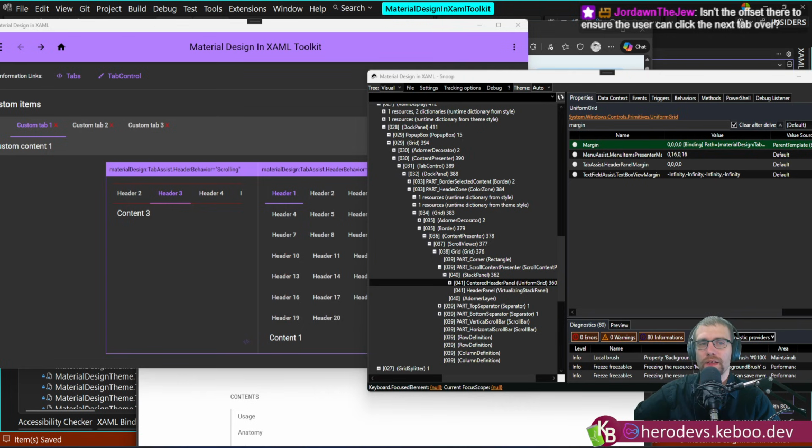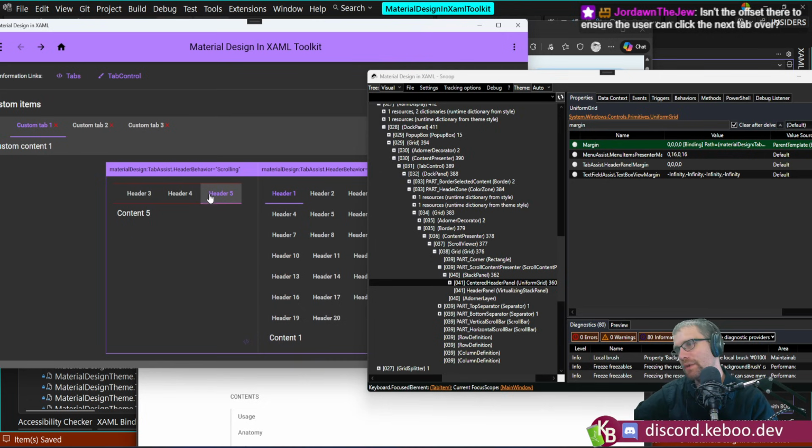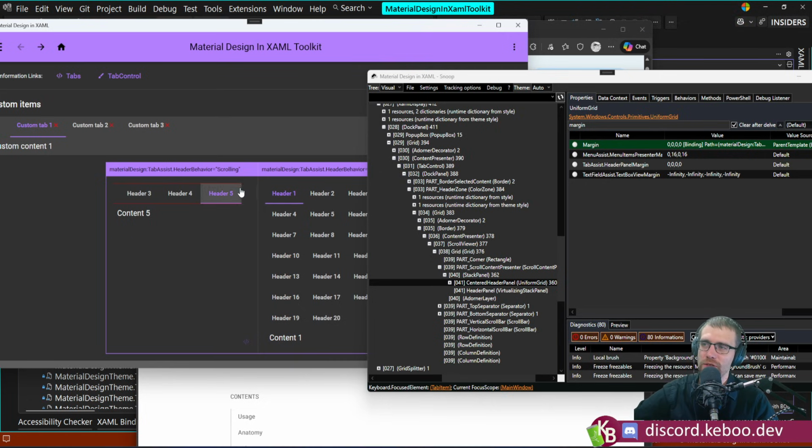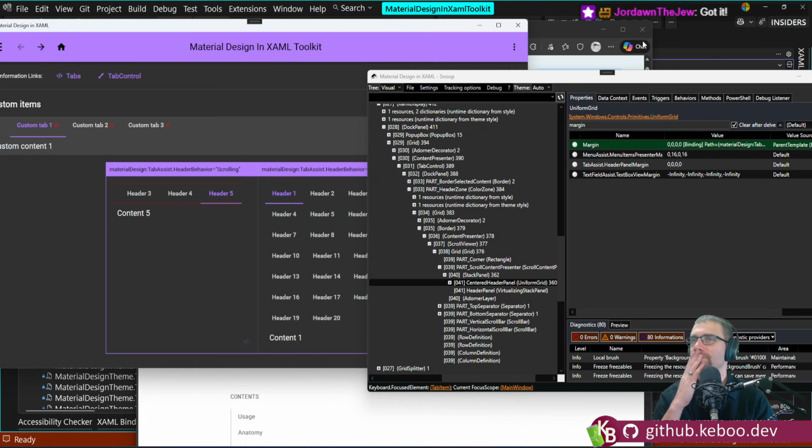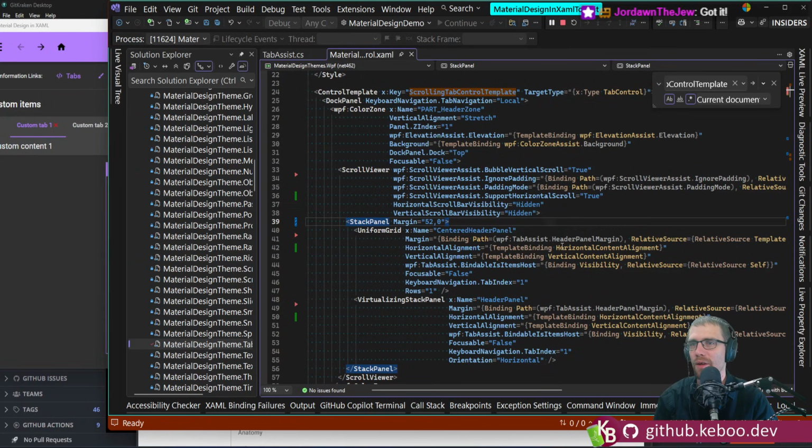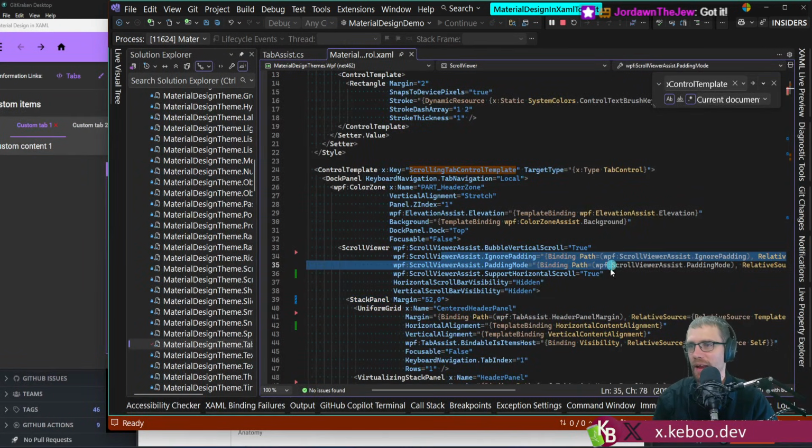Yeah, isn't the offset there to ensure the user can click the next tab over? Yeah, no, absolutely. That's exactly what it's for. And the problem is on ours, when I click here, it brings header 5 into view, but doesn't bring it in with that extra 52 on the edge. So I can't see that there's a header 6, right? Now I know there's a header 6 because it goes out to 20. And I don't think we did anything for this behavior at all. And I think what we're going to end up needing to do is